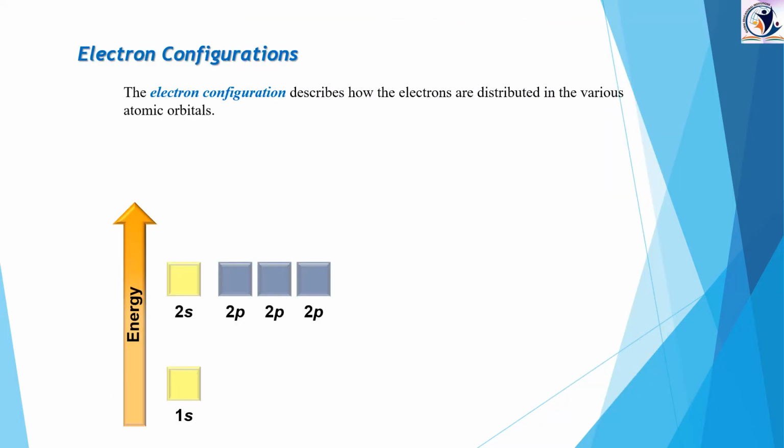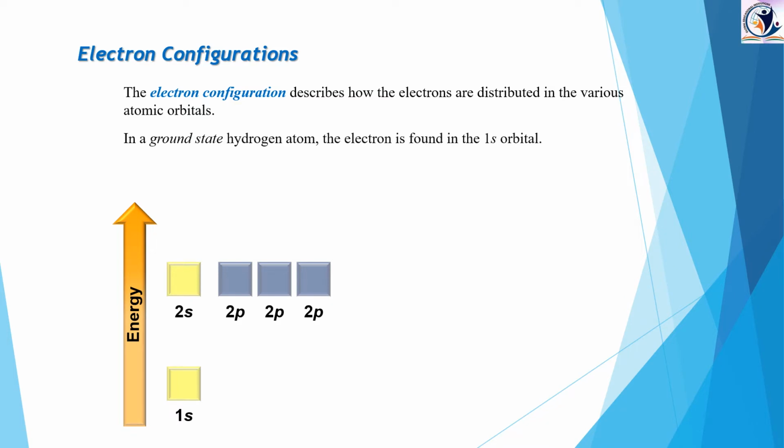Right. The next one, coming to the electronic configurations. So what do you mean by electronic configuration? The electronic configuration describes how the electrons are distributed in the various atomic orbitals. Means there are so many atomic orbitals, and so many electrons are there in a particular orbital, but without any fighting or collision. How these electrons are arranged in that particular orbital is nothing but the electronic configuration. Simple. Electronic configuration in the sense the electrons' arrangement in the particular atomic orbitals. Got it, children? Let us see how these are going to be presented.